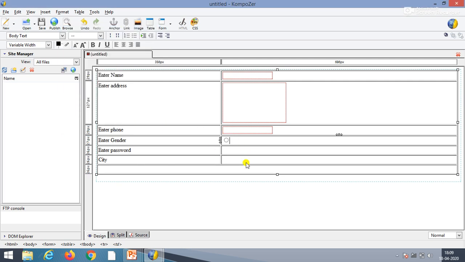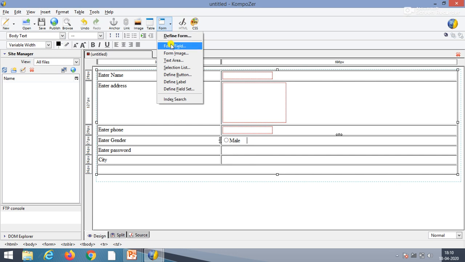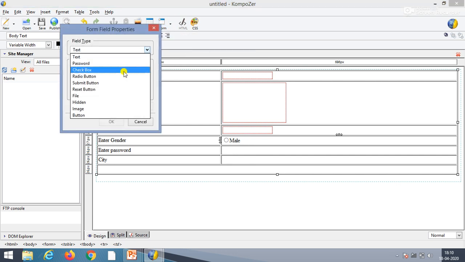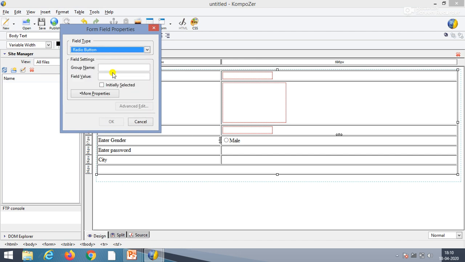The radio button is inserted. Over here we will write male, give some space, then again insert a radio button for the second, that is for female. So again form fields, select the radio button, group name which I have already given in male, that is G.